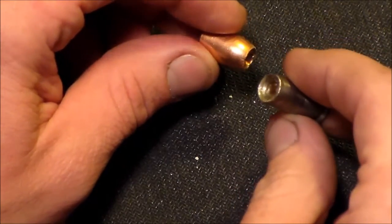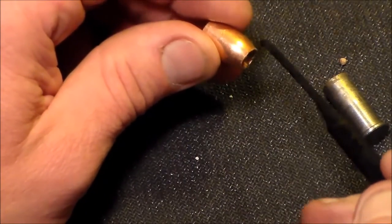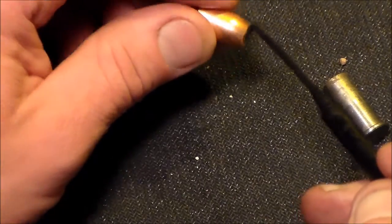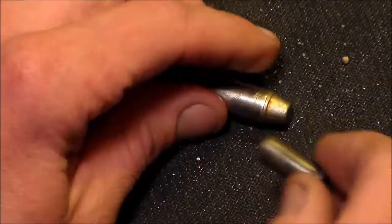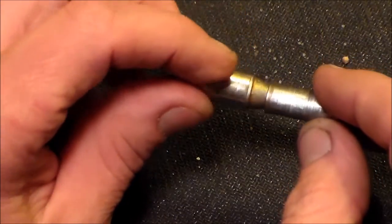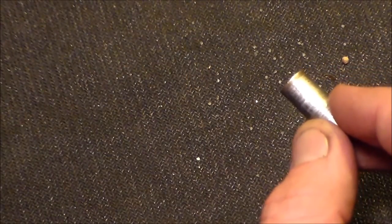This design is made to go around a hollow point. It's made for a certain shape of bullet and not pointy bullets. Here's another example of a lead bullet right here. See how that shapes to go around it like that? Alright. Now when you're dealing with the FTX bullets,